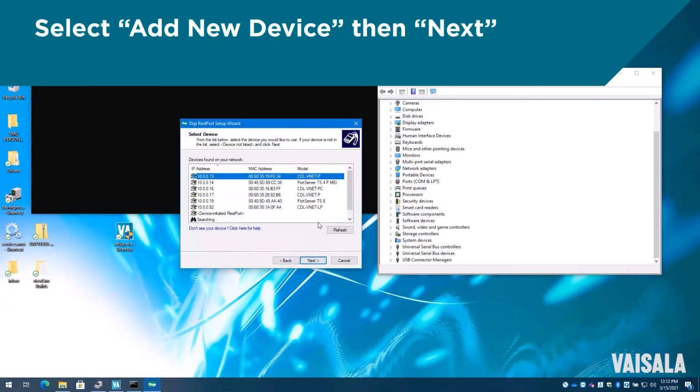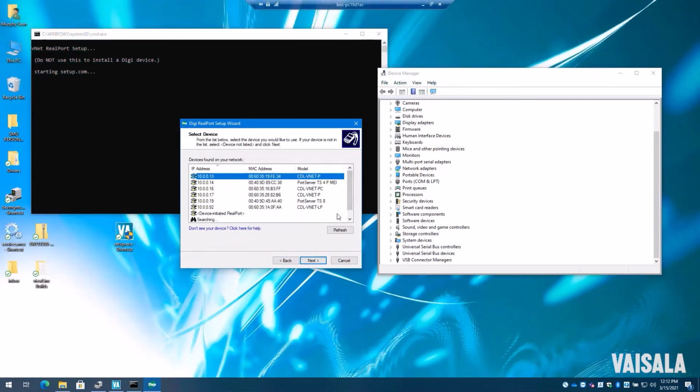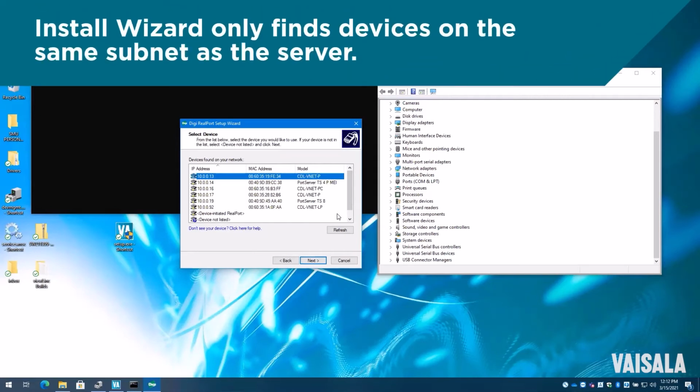Click next. Now this is going to go through and find all devices that have been configured that are actually available on the local subnet. Now you're seeing basically all the devices that come back that are identified on the local subnet that are Digi devices or VNet devices. So you see a summary over here of all the IP addresses. These are the DHCP assigned addresses, and these are the MAC addresses associated with it.